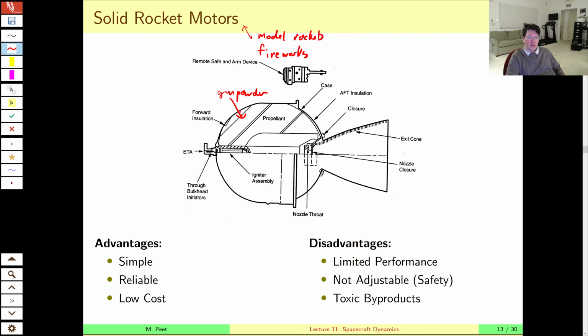Right, you've got this casing, the solid rocket casing. The gunpowder is packed onto the casing, leaving this area here exposed. Well, not the air, of course, but just exposed. And they're designed in a very specific way, so that as you burn through this propellant, it burns evenly, so